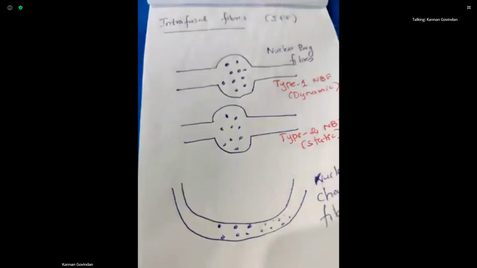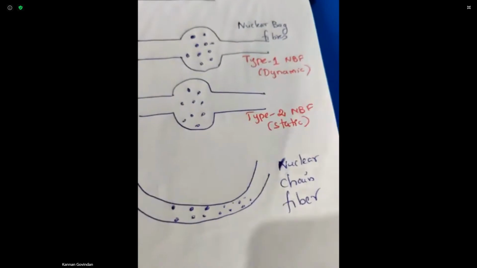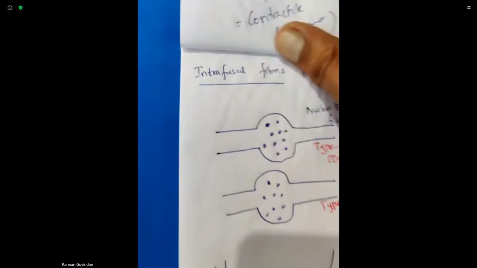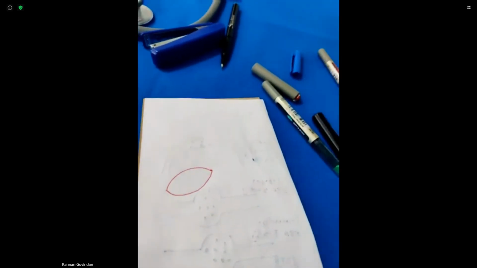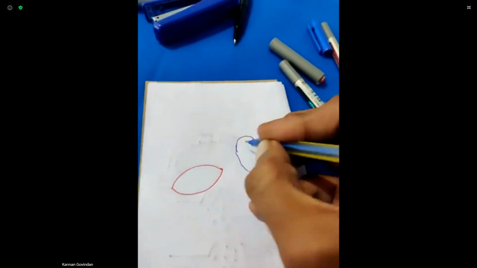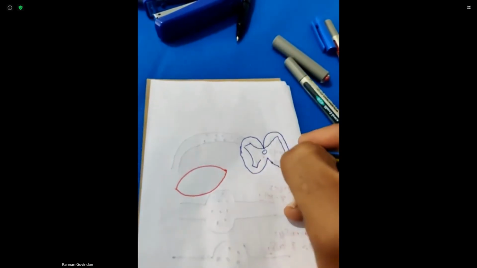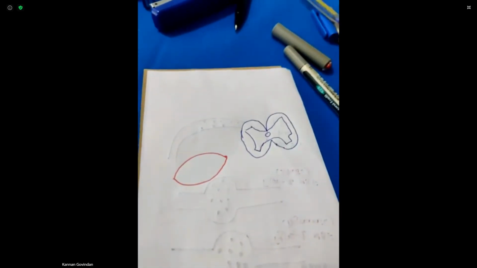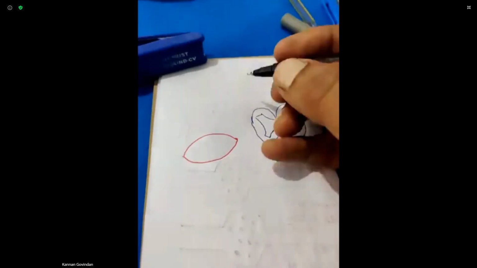Now, to understand the muscle tone, you have to be very thorough regarding this innervation. We'll come back here. Now, we'll take the muscle. So this is the skeletal muscle. This is the spinal cord. I am very poor in diagrams. You follow your book diagrams for your exam patterns. Now we'll see how the skeletal muscle is innervated.